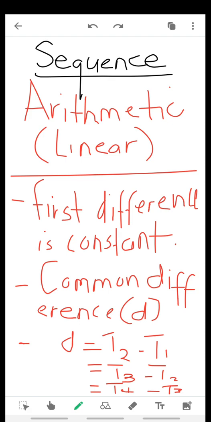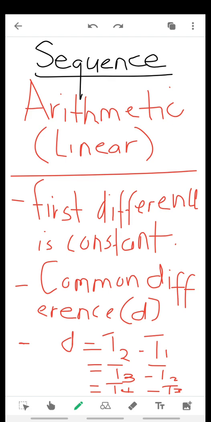Okay, so that will be given by, that is my last point there, D representing what? The common difference, that first difference which is constant. So D will be equal to T2 minus T1, so it will always be what? The term in front minus the term behind, and we are talking about consecutive terms. Okay, so D, which is the first difference that is constant, or the common difference, is found by subtracting the